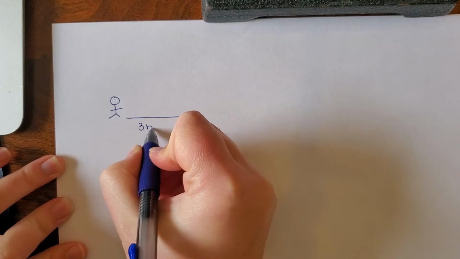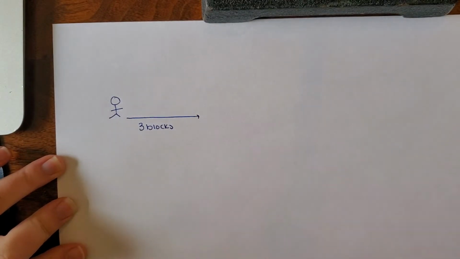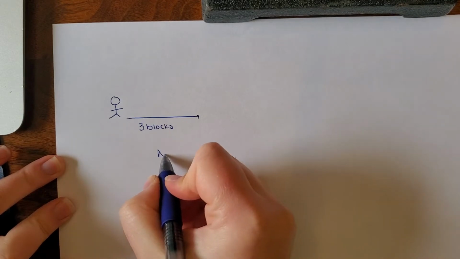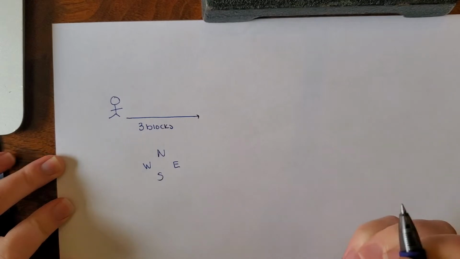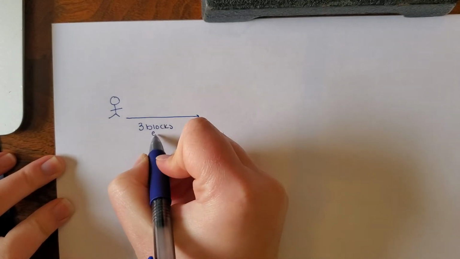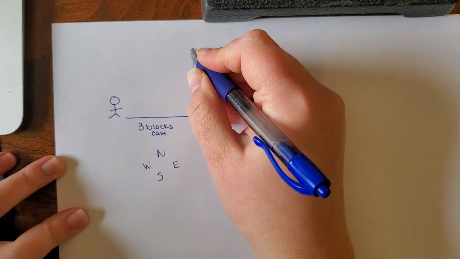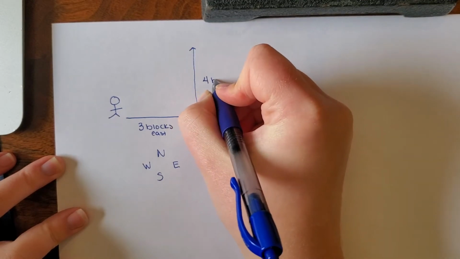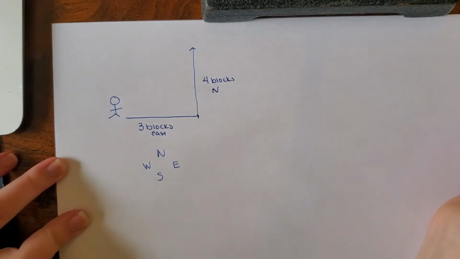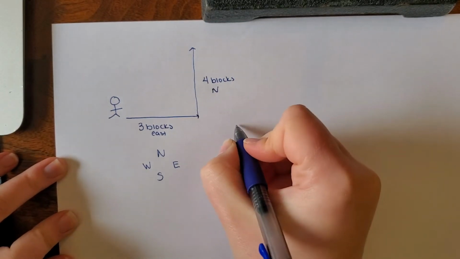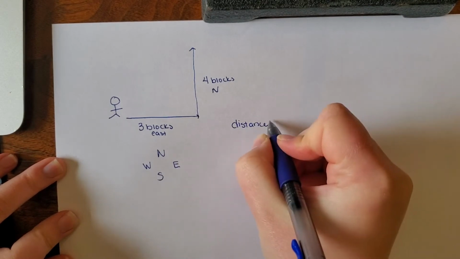3 blocks to the, I suppose I should put a compass in here. So north, south, west, east. So you're walking 3 blocks east. And then you're going to walk 4 blocks north. And so if this is the walk that you took, the total distance that you traveled